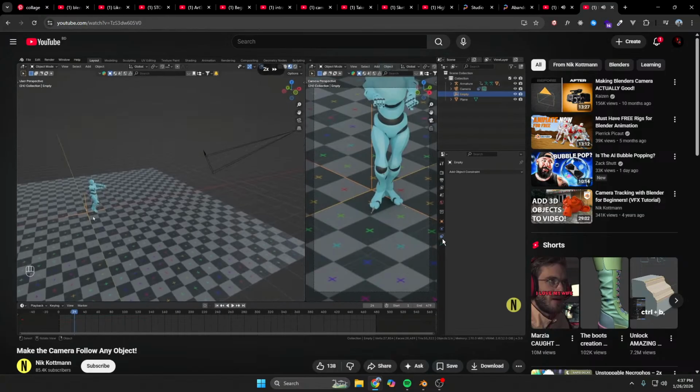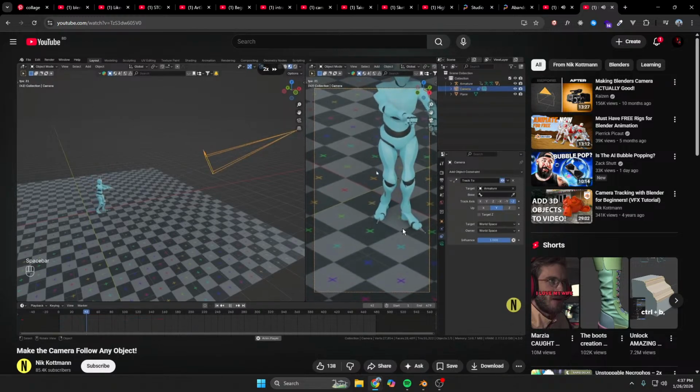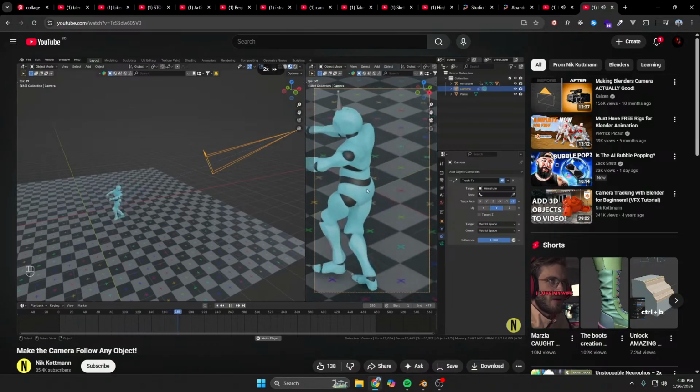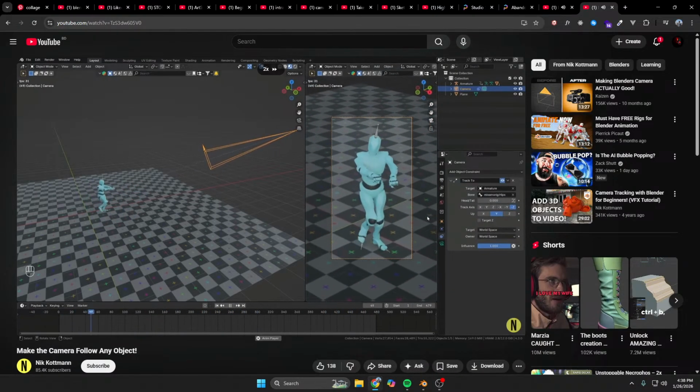But now instead of following the empty, we want the camera to follow this character. So let's press X to delete the empty and instead select the armature as our target object. However, since the armature itself is not animated and just moves, the camera still stands still. So as the whole target, let's select the hips. Since they are in the center of the character, you can see now the camera perfectly follows along with our